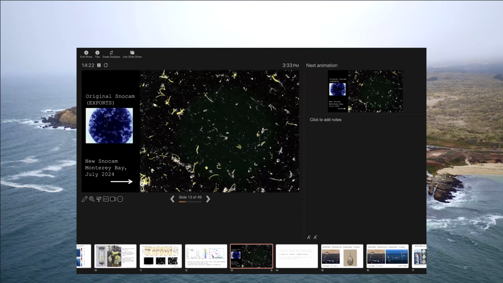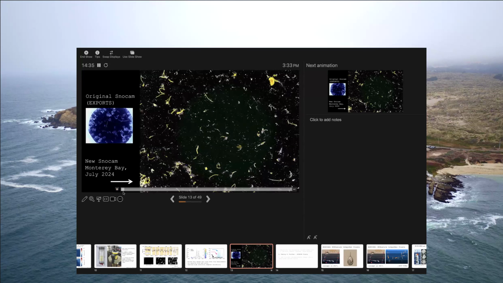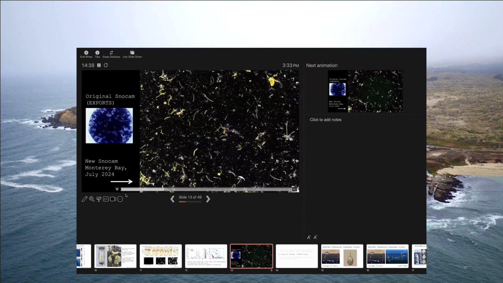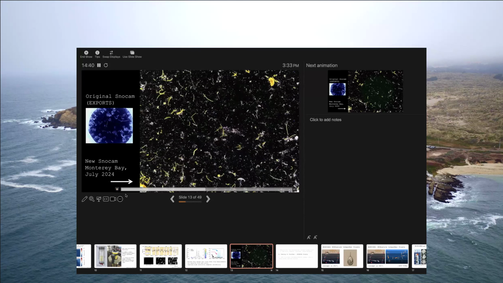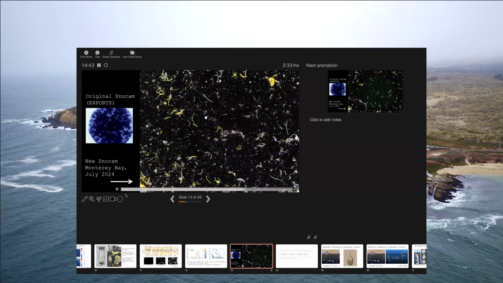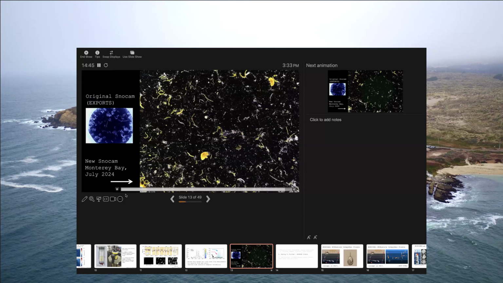I'll highlight here some of the progress that we've made since 2021. The original raw image is shown on the right-hand side. And then this is an example of a more recent SNOWCam series of images, where with the first one I was really nervous about power, and so I only had it take a picture every 4 hours. And then we realized that we actually had a lot of power and we could learn a lot from taking a picture like every 10 minutes. And so that's what we've started to do since then. And that's an example of a recent deployment in Monterey Bay.